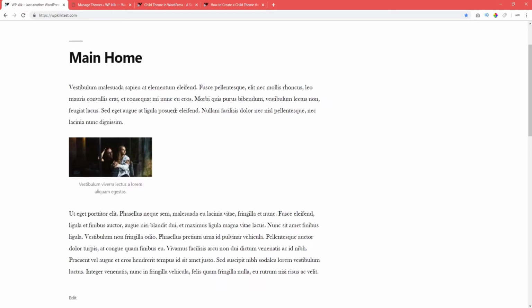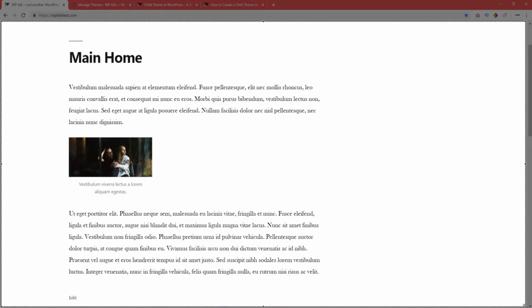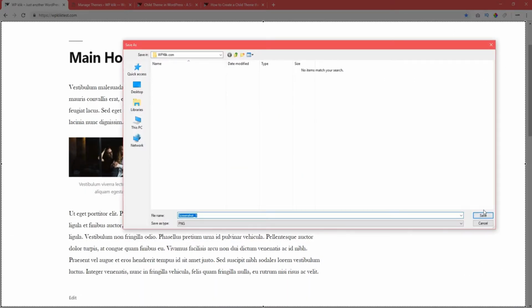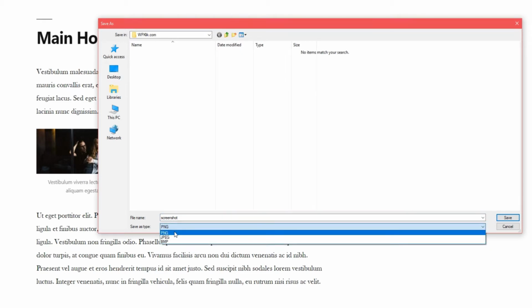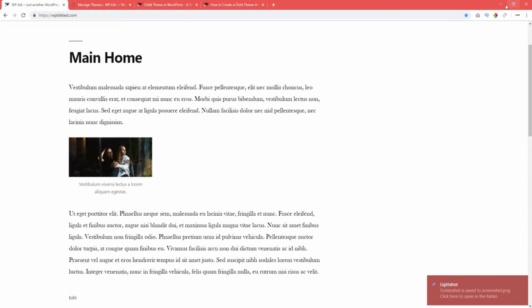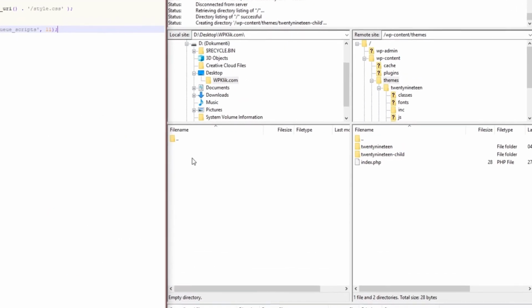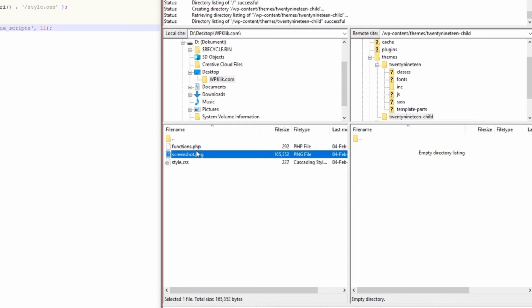Another thing you need is a thumbnail preview of your child theme. That is the third file mentioned above, in case you're wondering. Simply go to any photo editor and capture a screenshot of your theme. Name it screenshot.png. Make sure you don't create a JPEG image. Alternatively, you can copy the screenshot.png from the parent theme and paste it in your child folder.